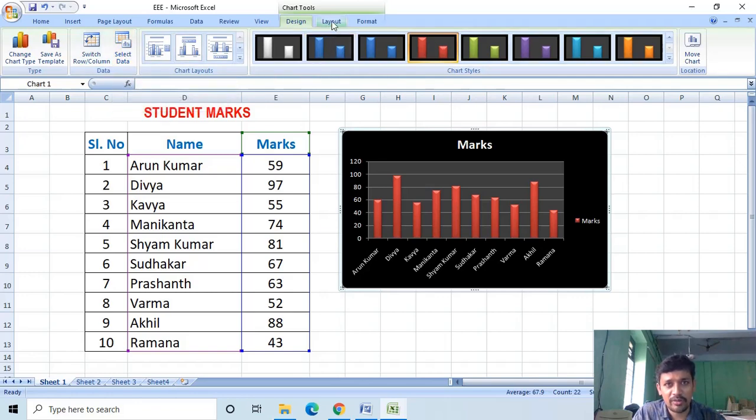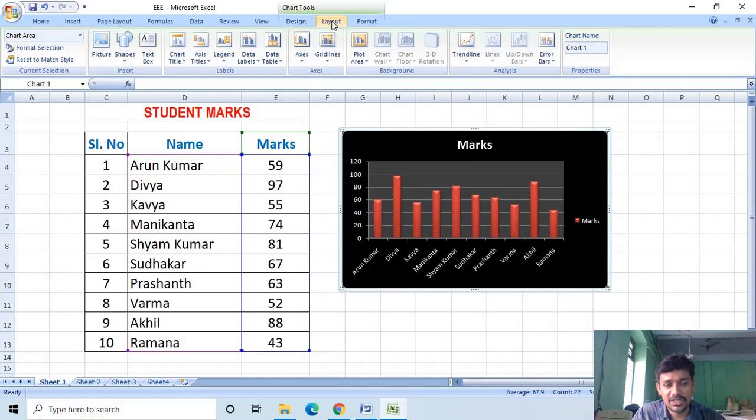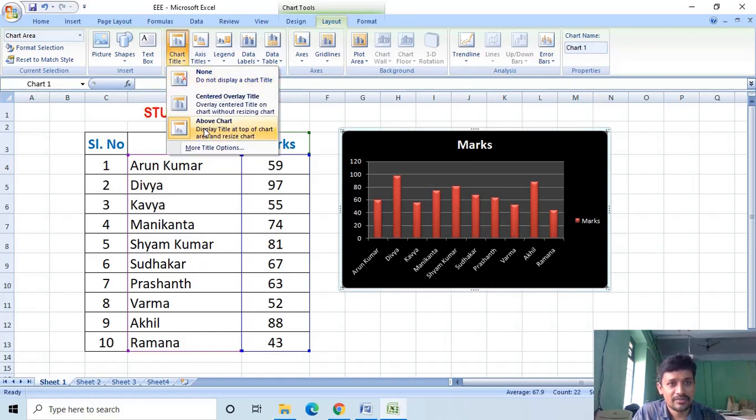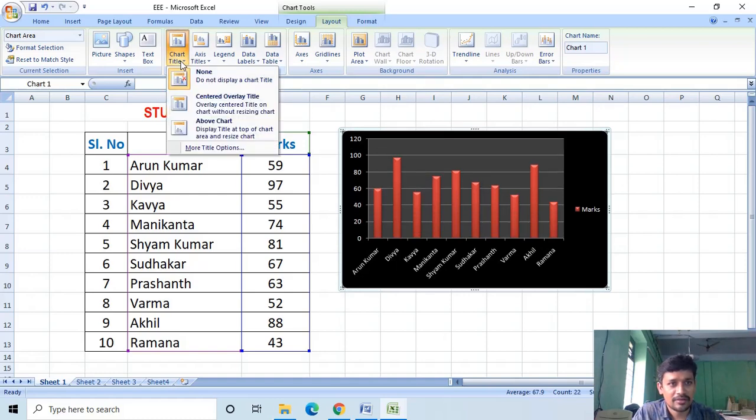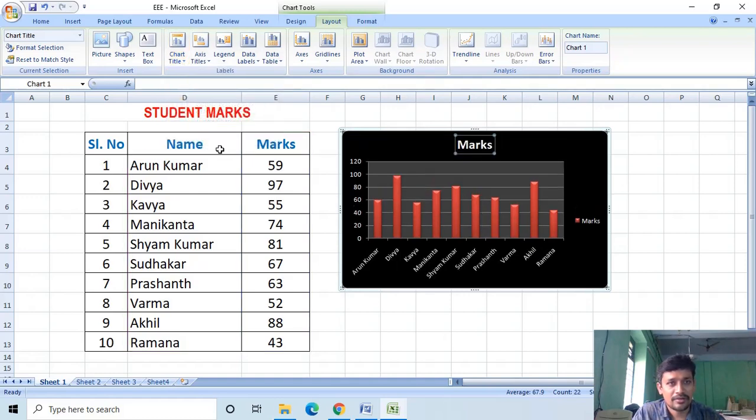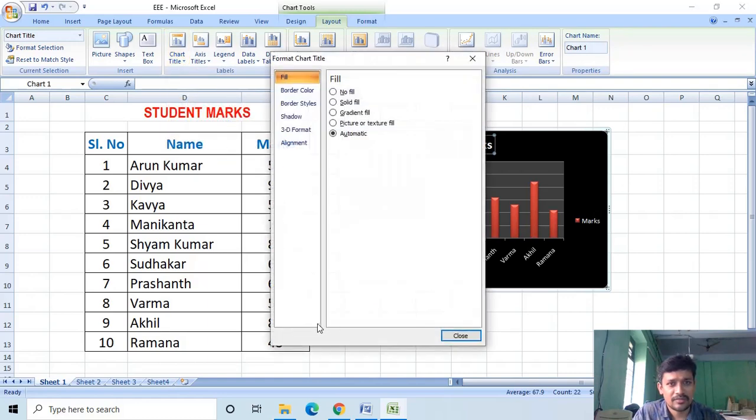Coming to the Layout tab, by using this Layout tab you can add the chart title. You can choose to display the chart title above the chart, below the chart, or none.